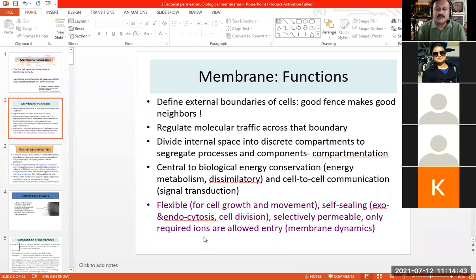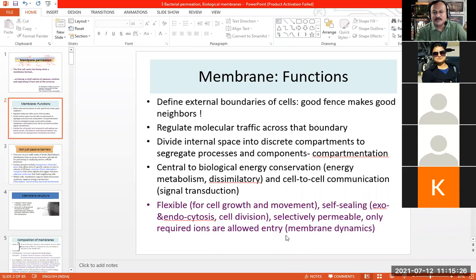So whatever is unwanted goes out of the cell, or something comes into the cell by the formation of a small pore in the membrane. But that is also because of the flexibility of the membrane. And then one more important thing that we are going to study in this syllabus is the entry of certain ions or molecules inside the cell, or even the excretion of certain metabolic end products which are not required by the cell. Of course we are not going to study that part in more detail, but the influx of certain molecules and ions we are going to study in this particular unit.